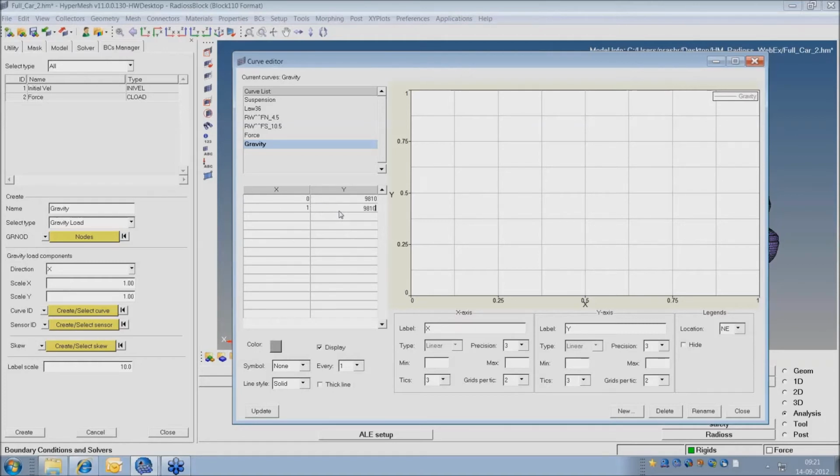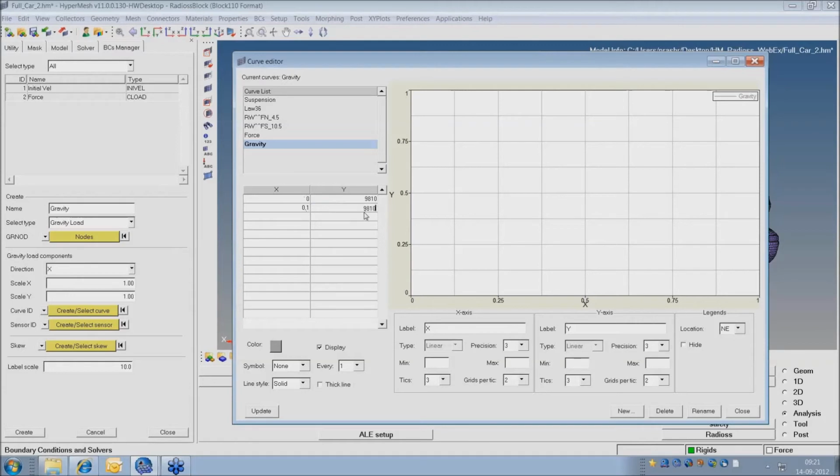Here one thing to note is, wherever you're seeing the curve, it may be in the material, it may be in the loading. Let's say I define the time as only 0.1 and this function. What it means is till 100 millisecond the gravity is 9810.